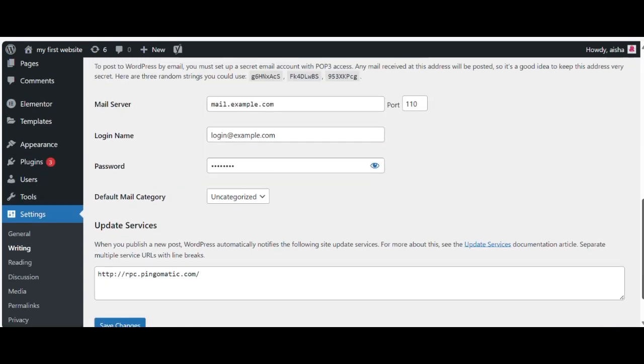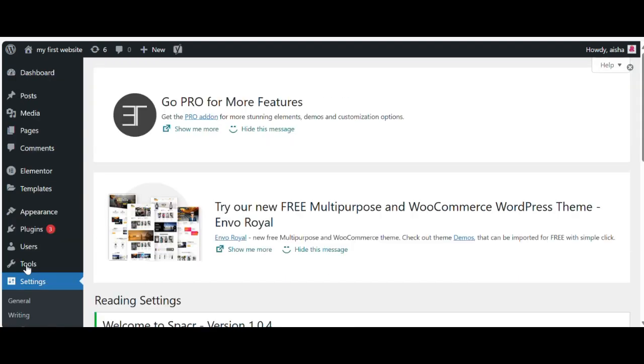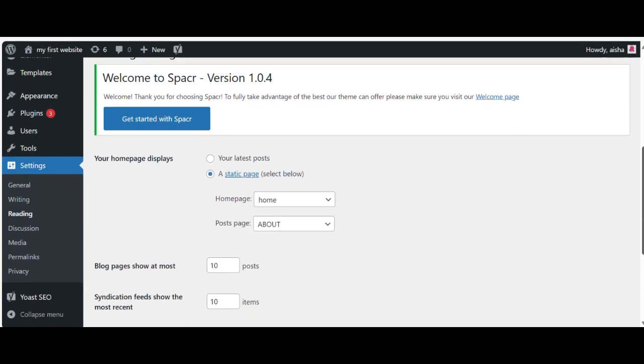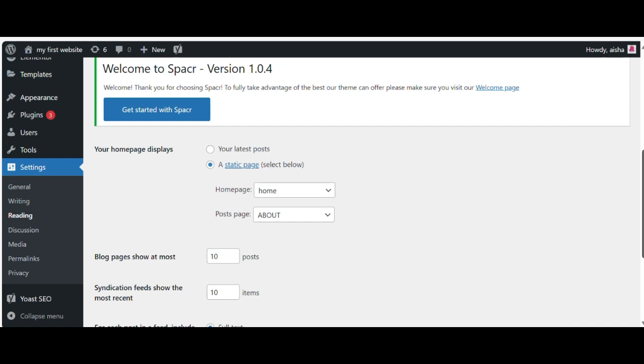After that, the next option is Reading. It shows which page you want to be your home page. For example, by default your latest posts are your home page, but you can make a static page and set it as your home page.